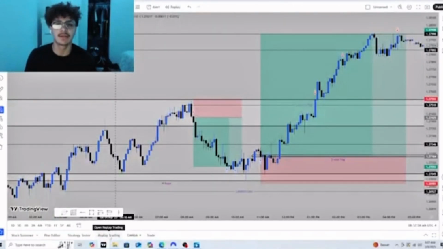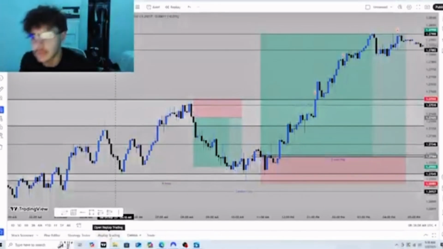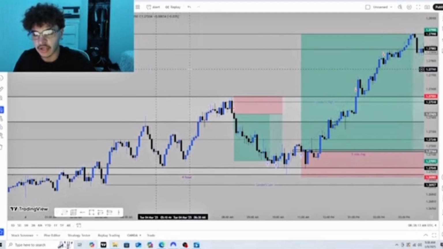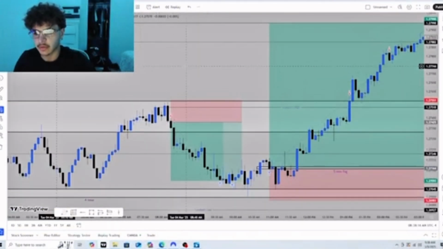Here's how I made $2.66 this week trading the Great British Pound against the US dollar. Alright, so the first day, I only traded 2 days this week. So the first trade I took,